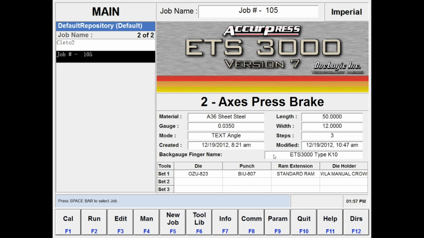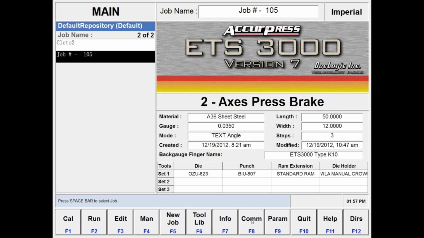Okay, now we're going to show you how to import a program into the ETS3000. That is a program that comes from a third-party offline programming system such as Autopol, Radan, Metamation, and so on. What we're going to do is start by putting your program onto a thumb drive, on the root, not in a folder, but just onto the thumb drive. Dedicate one to it, and then we're going to go